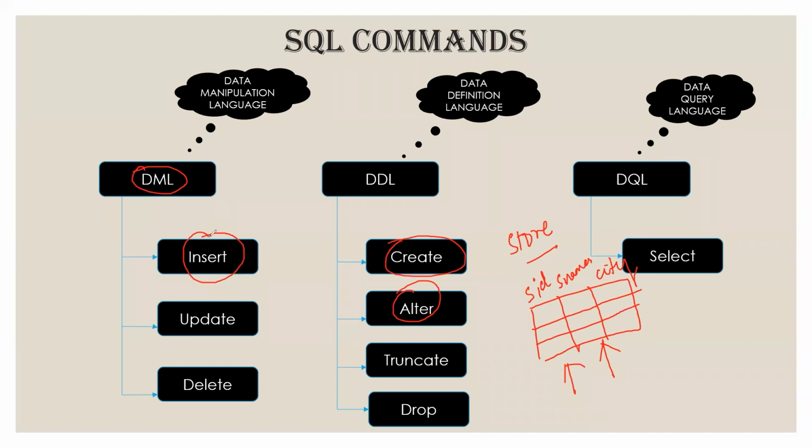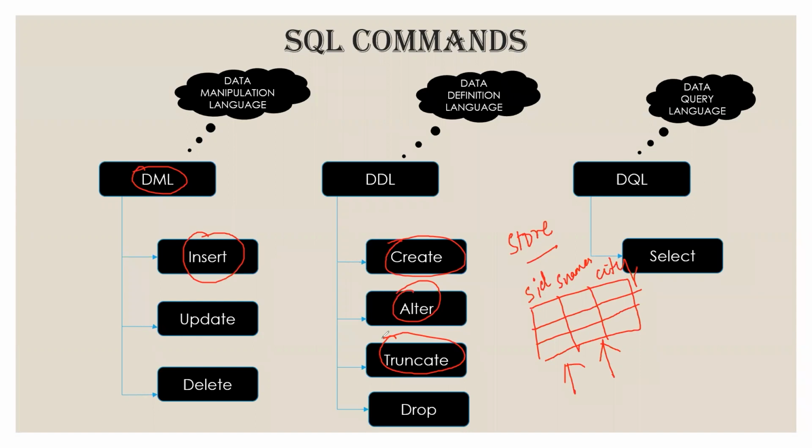Now after I finished the 5th value, I kind of realized, no, all the data that I have fed were wrong for some or the other reason. Then I need to completely clear them out. Just the data. The structure, let it still remain the same. Just the data that I have fed in. Then you can use a command called truncate, which will only clear out all the data inside the table, keeping the structure intact.